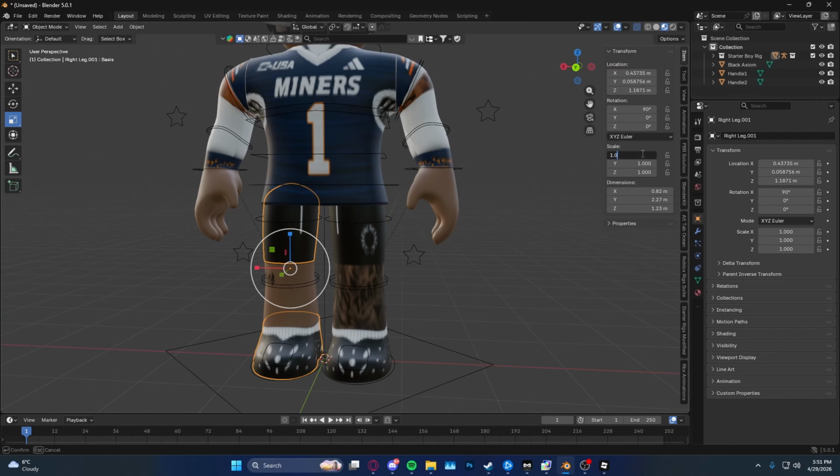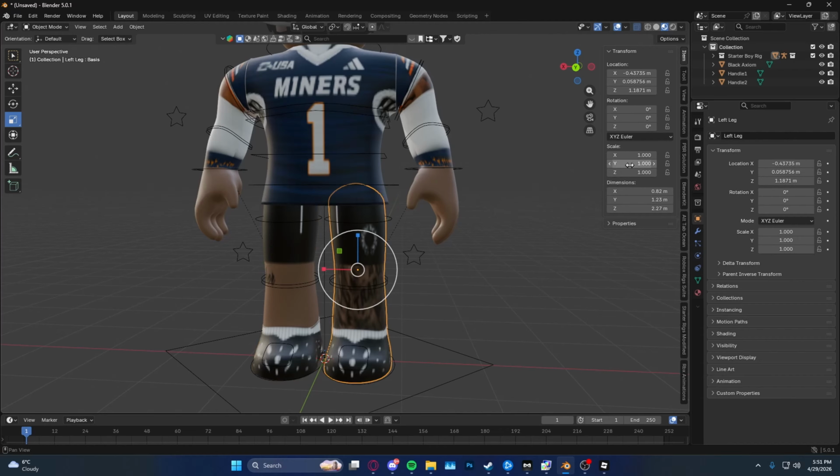So 1.01. You want to copy this one, and then just simply duplicate it to all of these, and that's just going to make it so that the scale is set. Make sure you're actually on the clothing, like I did there. I'm being an idiot. Make sure the clothing is actually selected over here. Do the scale for the clothing.